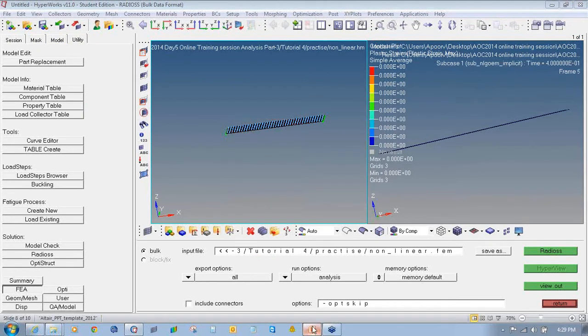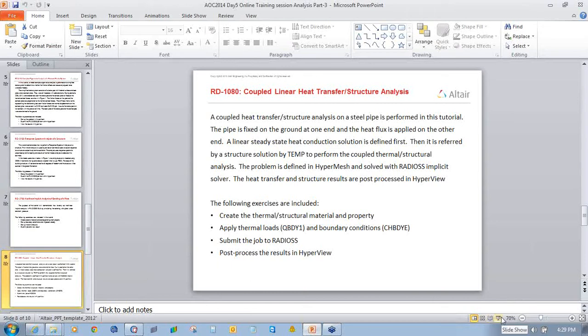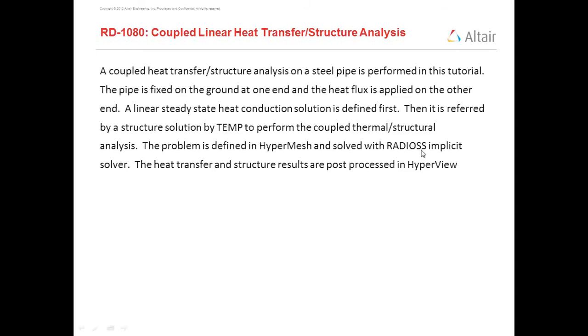Now we will move to the next tutorial, that is coupled linear heat transfer structure analysis. A coupled heat transfer structure analysis on a steel pipe is performed. In this tutorial, the pipe is fixed on the ground at one end and the heat flux is applied on the other end.